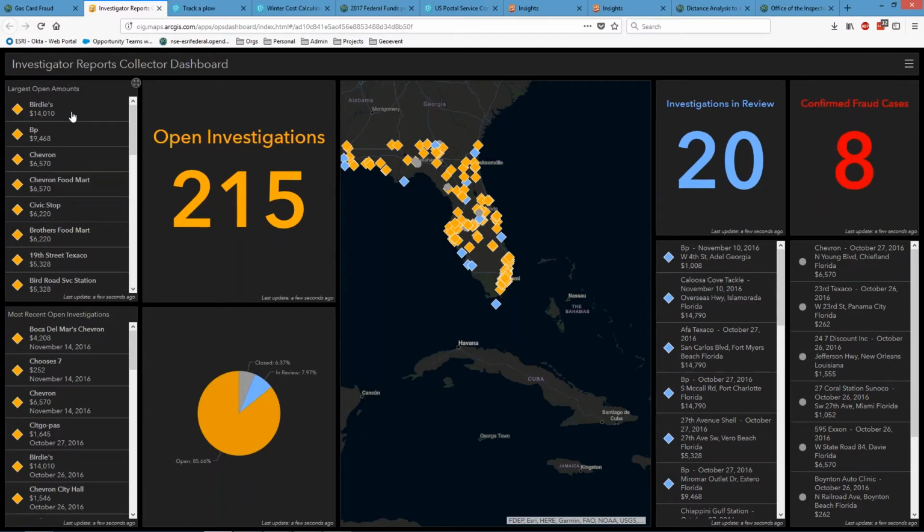So as you can see, this is a live look into our investigations. I currently changed that location to in review. So that changed our open investigations from 216 to 215. And also now we have 20 investigations in review where we previously had 19. And you can see the color of the dot has changed from an open investigation orange to an investigation in